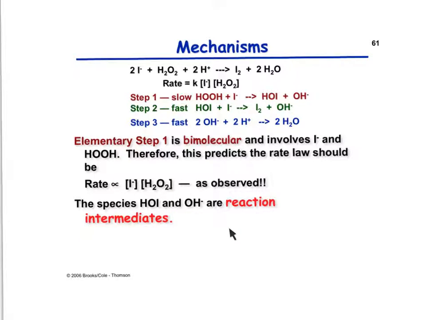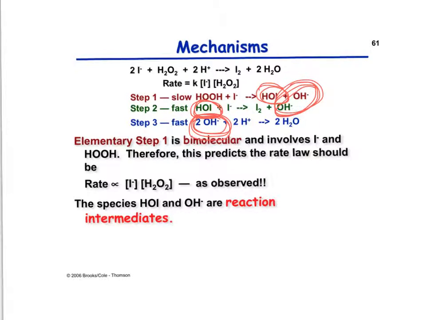The other thing that you can see here is that you've got a few intermediates. And the way you can tell that these are intermediates is because, see how the HOI species is produced? And then over here in another step, it doesn't matter where, it's consumed. That means it shouldn't end up in your overall reaction, and as you can see above, it doesn't. The other intermediate is the hydroxide ion. You've actually got two ions that are being produced here, and you've got the consumption of two in the third step of the